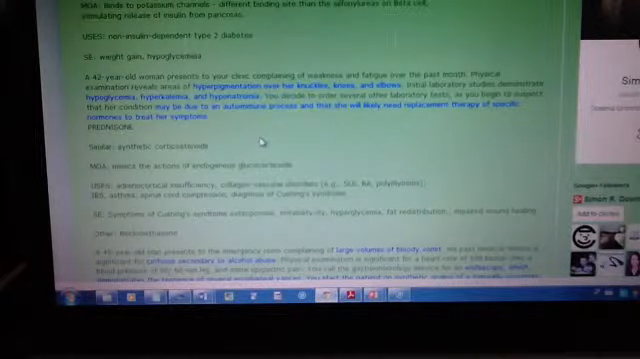Okay, moving on. A 42-year-old woman presents to your clinic complaining of weakness and fatigue over the past month. Physical examination reveals areas of hyperpigmentation over her knuckles, knees, and elbows. Initial laboratory studies demonstrate hypoglycemia, hyperkalemia, and hyponatremia. You decide to order several other lab tests, and you begin to suspect that the condition may be due to an autoimmune process, that you will likely need replacement therapy of several hormones to treat her symptoms. So this is a case for prednisone, and this corticosteroid is